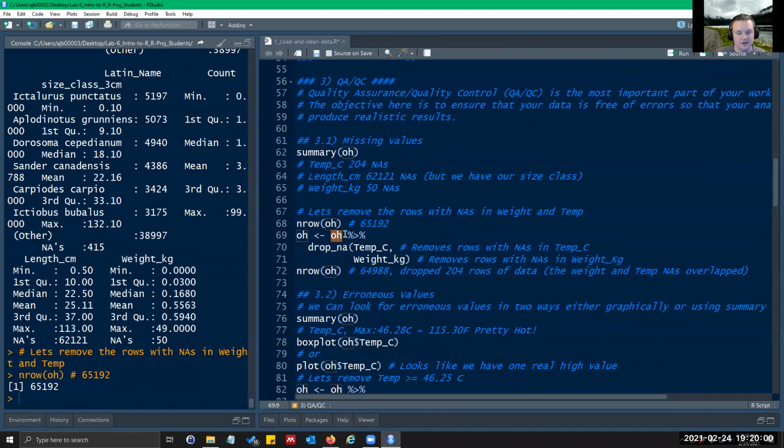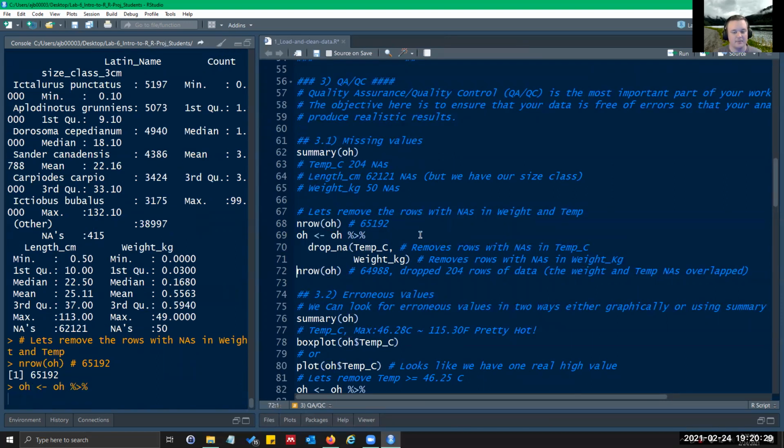Take the Ohio data frame and pass it on with this piping command to the drop NA function. What this is going to do is drop all rows where there's an NA in your temperature and your weight column. And it's going to assign that to the Ohio data frame. So we're overwriting the Ohio data frame with our new cleaned data frame, partially cleaned.